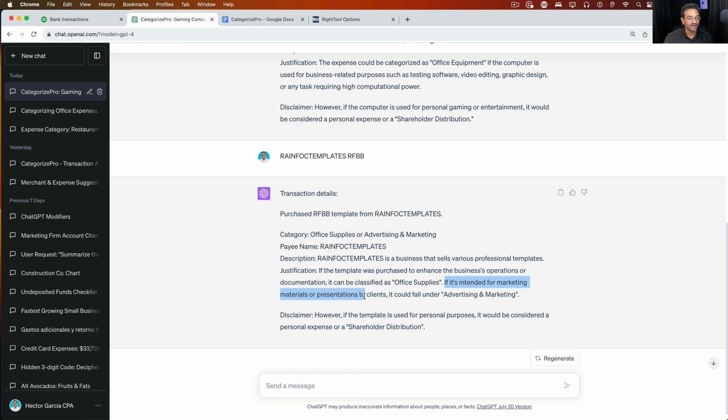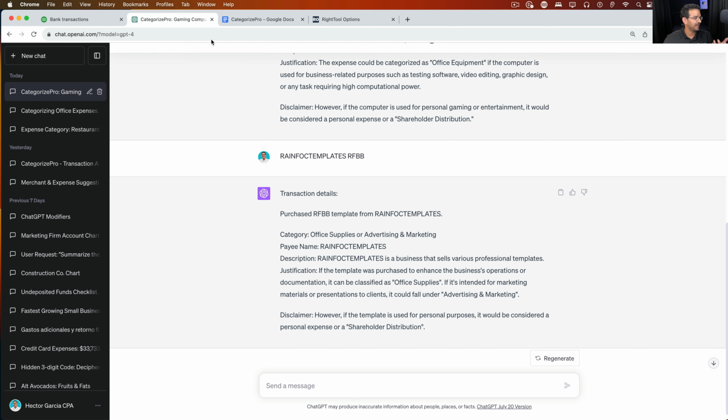If it's intended for marketing materials, it could fall into advertising and marketing. So see how this is a different suggestion, because it's contextualizing based on this custom instruction. So now you're seeing multiple layers of information here, and how ChatGPT is getting closer and closer to giving us really good information.